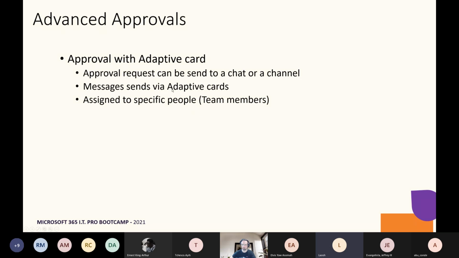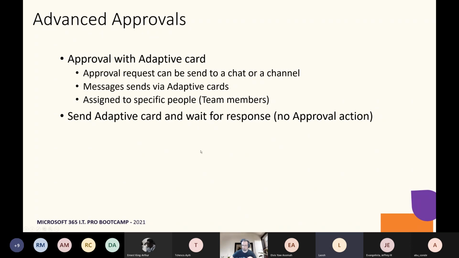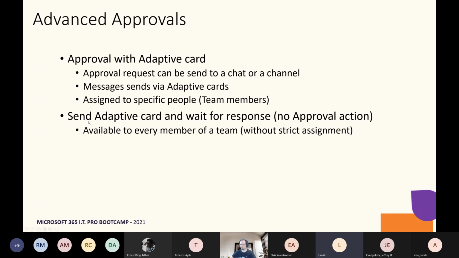You can send it using adaptive cards, and when you use this one, you can assign approval dynamically to every single member of your team. But using this custom adaptive card, by design, there are no permissions in it,